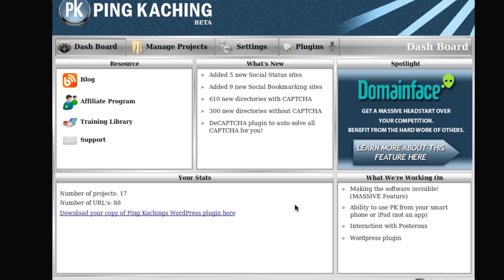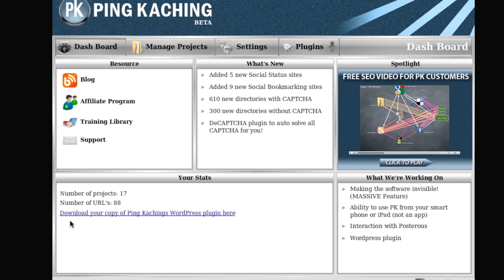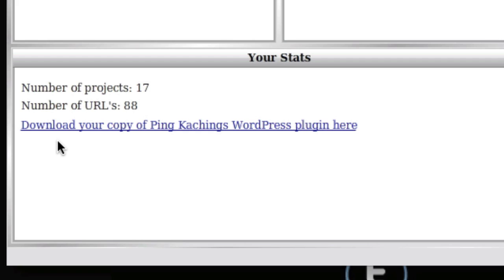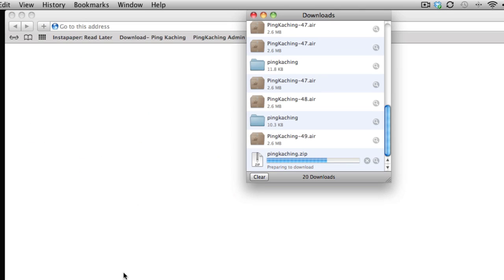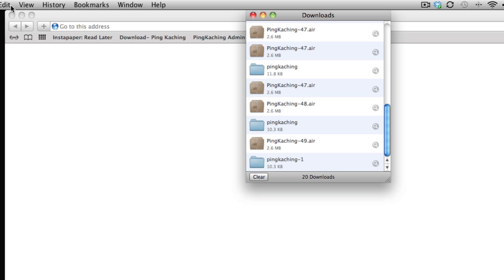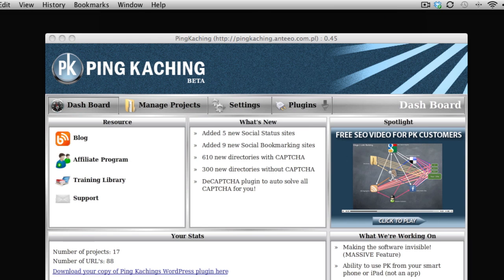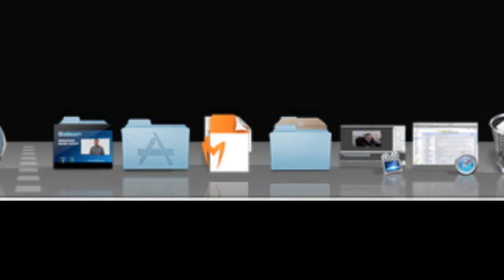So here's the next update we have made with the software. We have developed our first ever WordPress plugin, and you can actually download your WordPress plugin right here by clicking this download link under your stats box. Once you click that, it takes just a second. It's already downloaded. I can close these windows. And now I have a Kaching WordPress plugin I can install on all my WordPress sites. Okay, I'm going to hop over to a